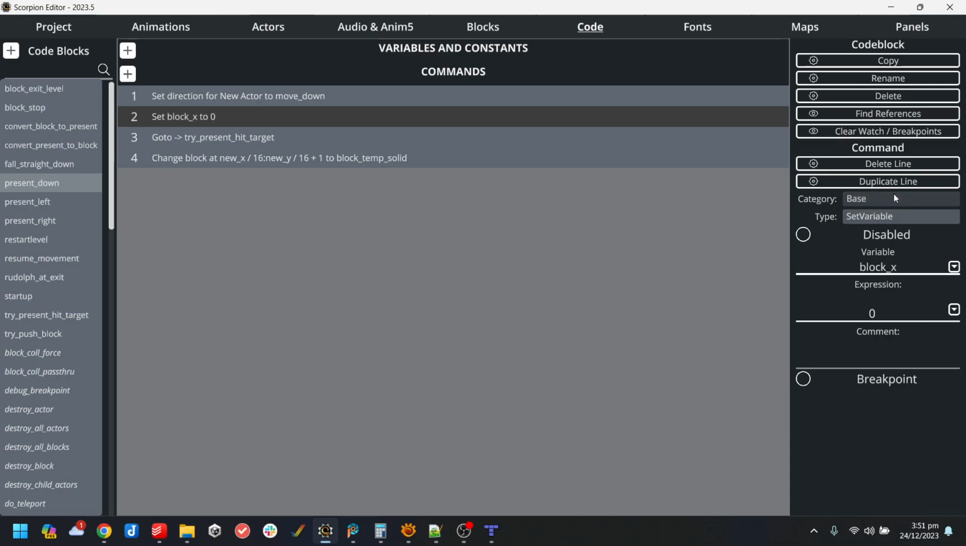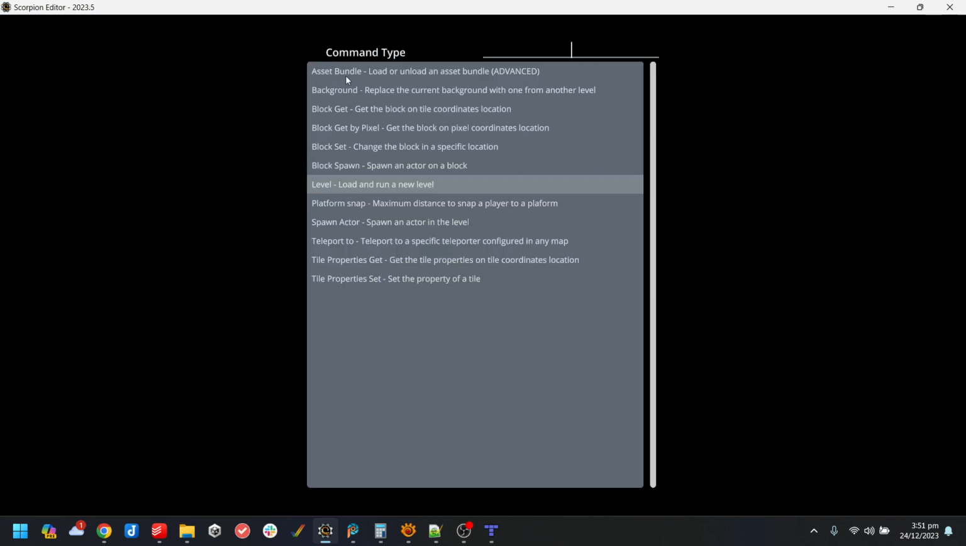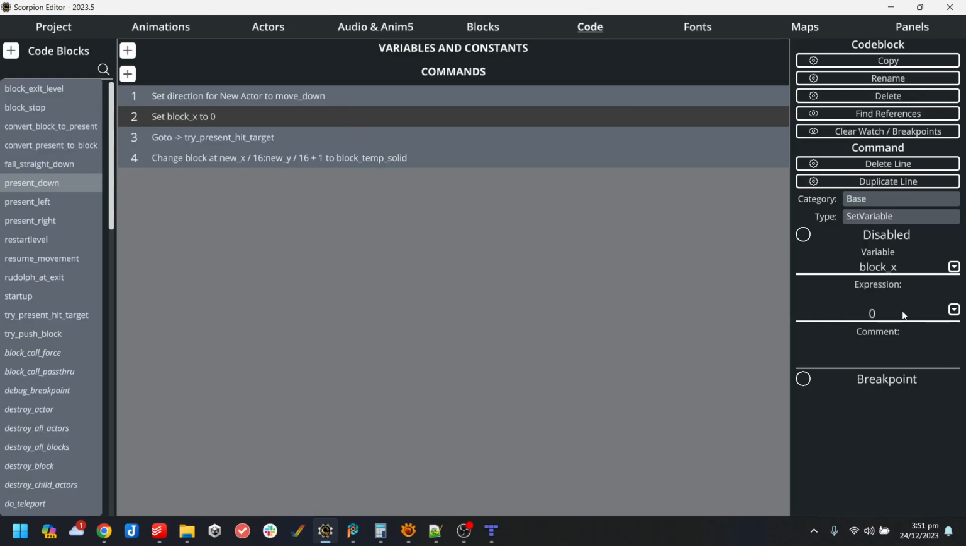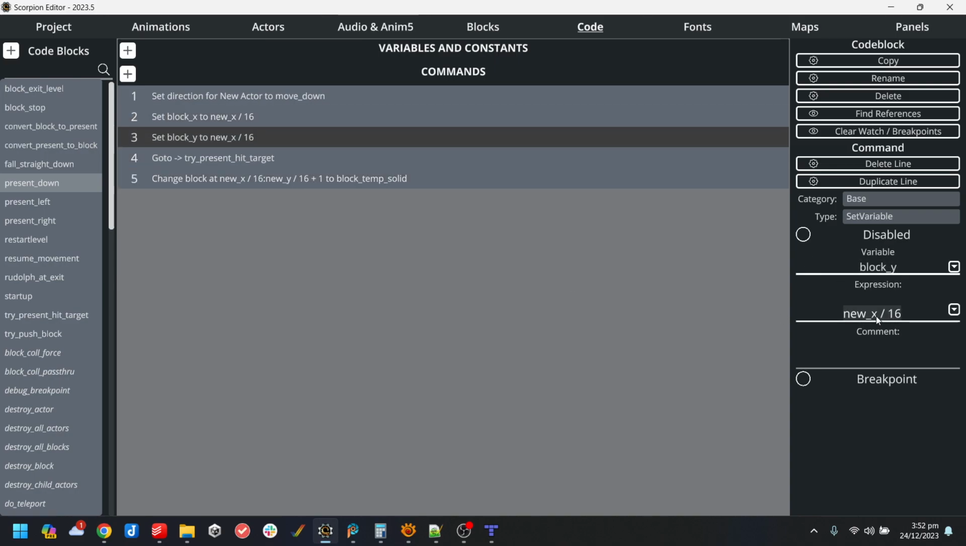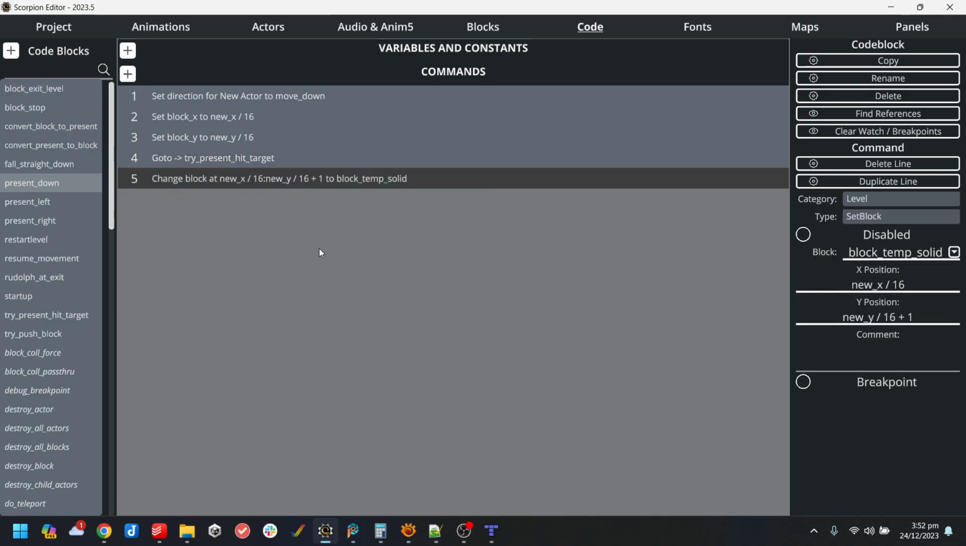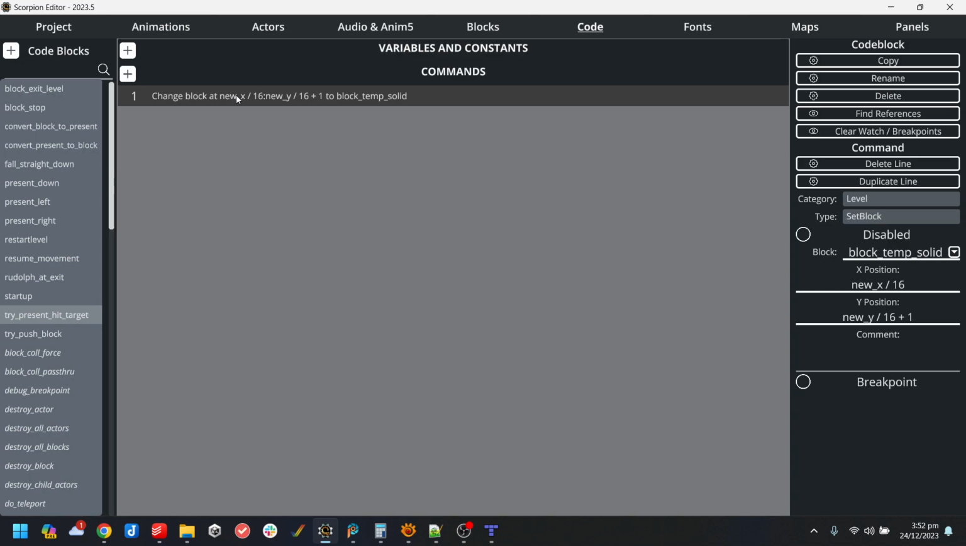Just going to manually. Actually, can I? Have I got a? No. Okay, so I'll just use block X to new X over 16, Y over 16. Go to present hit target. So if we go back to here, I need to have a condition, which is